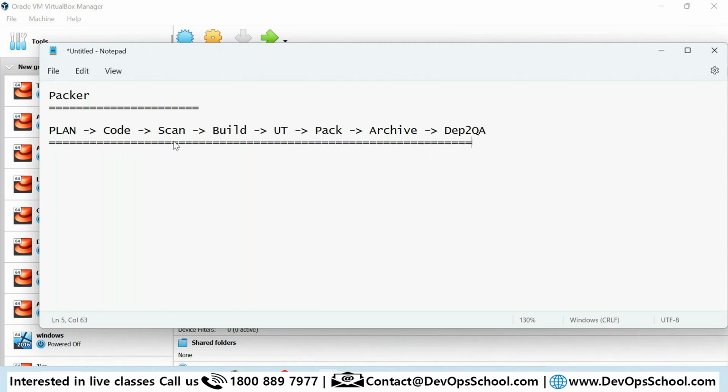So planning, I think we might have covered Jira and Confluence. If not, I will check later. Coding, Git; scanning, SonarQube. After that, building: Maven, Gradle, and all tools like that. Unit testing you can do using Maven, but JUnit is being used. Packaging, which I'm going to talk about, Packer